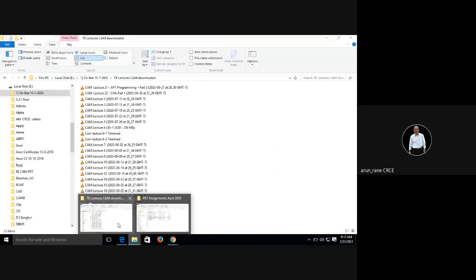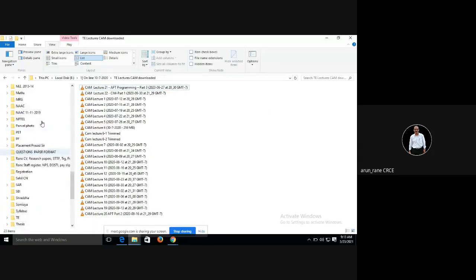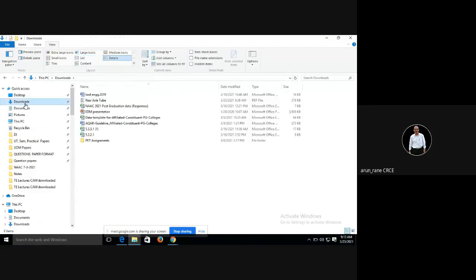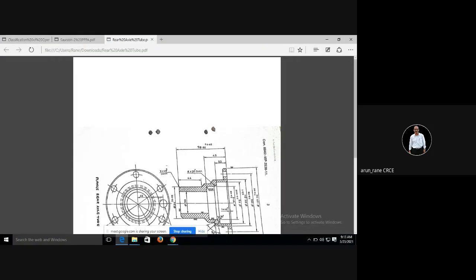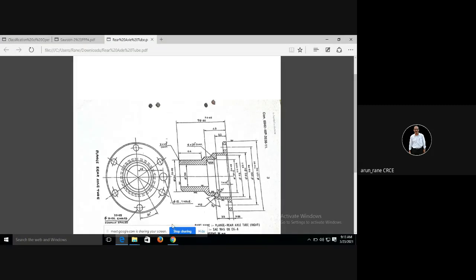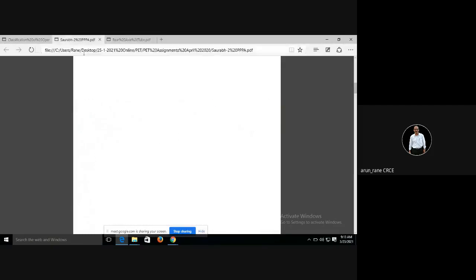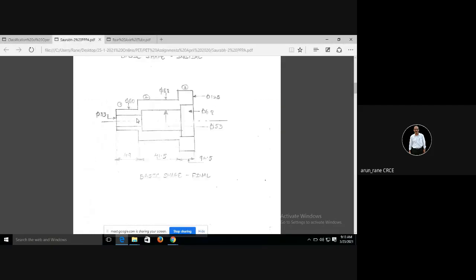Where has the drawing gone. This is the drawing. So this is the finished drawing. Now look here. See, in the ID what is the finished size? 38. Okay, so for this 38, he has kept this size as 33.